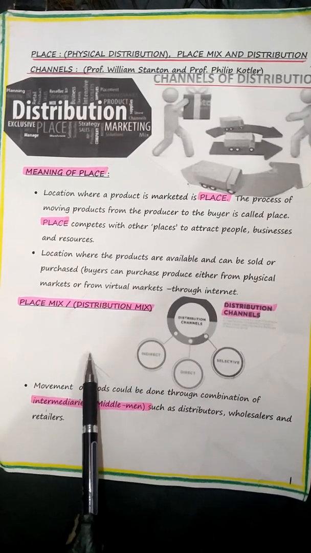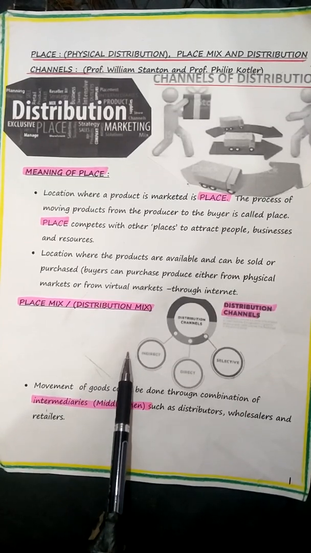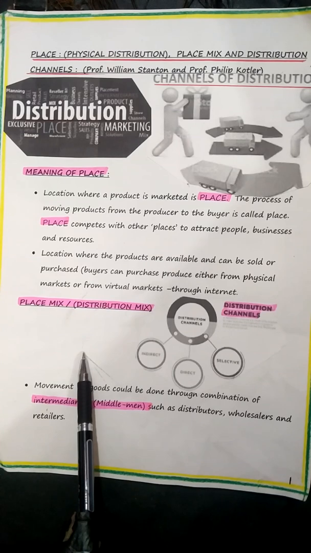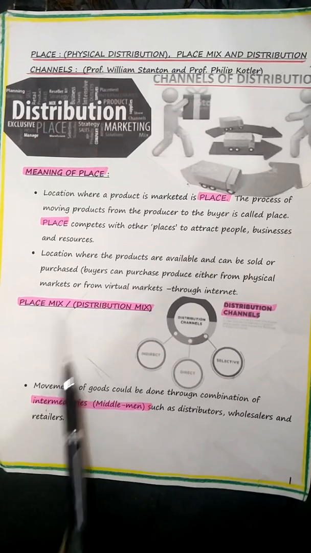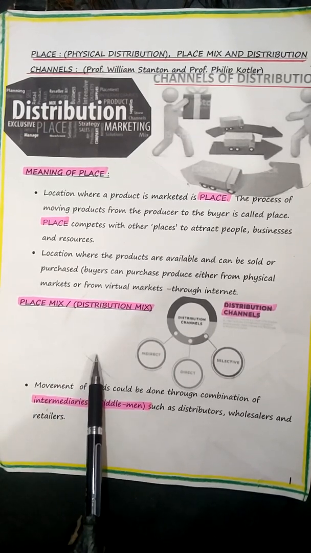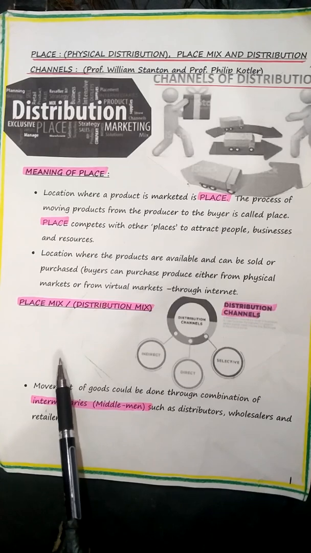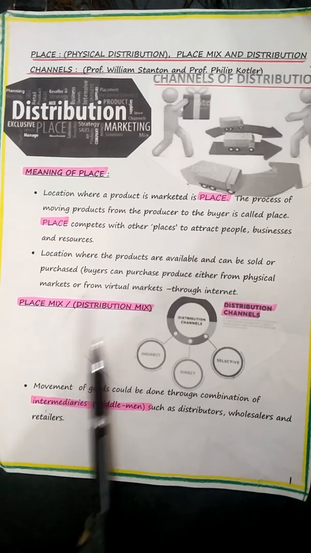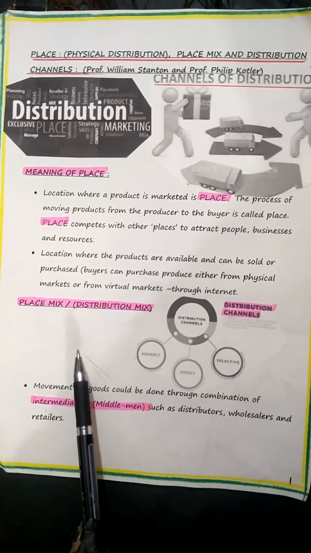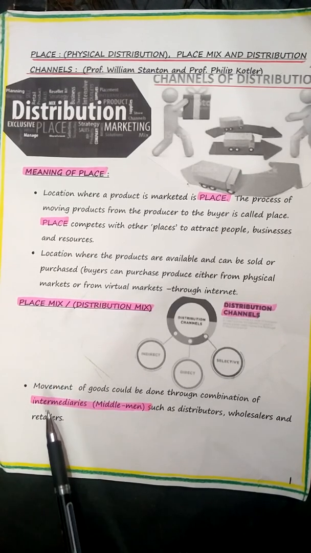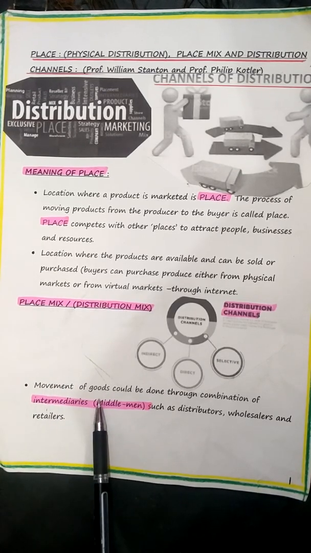Please make a note here, children. The main object of production is in its consumption. Place is not only the physical movement of products from the producer to the consumer, but also the easy accessibility of products, the way products are displayed, and the environment that make up a place. It's not just moving the products from the point of production to the point of consumption. So it is much more than that. Let's understand what place mix is.